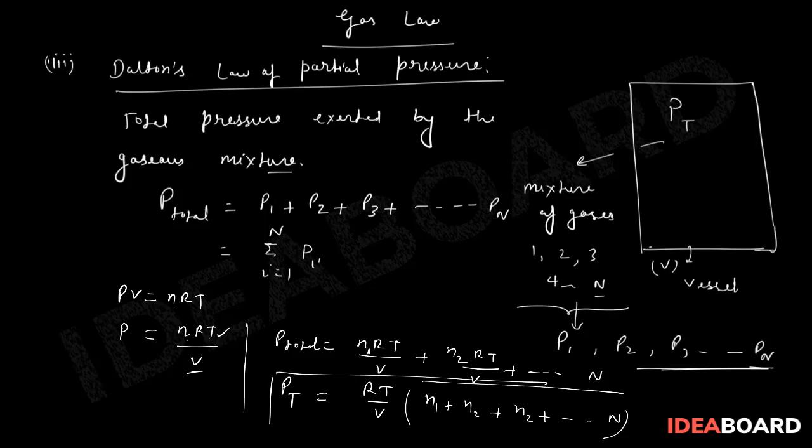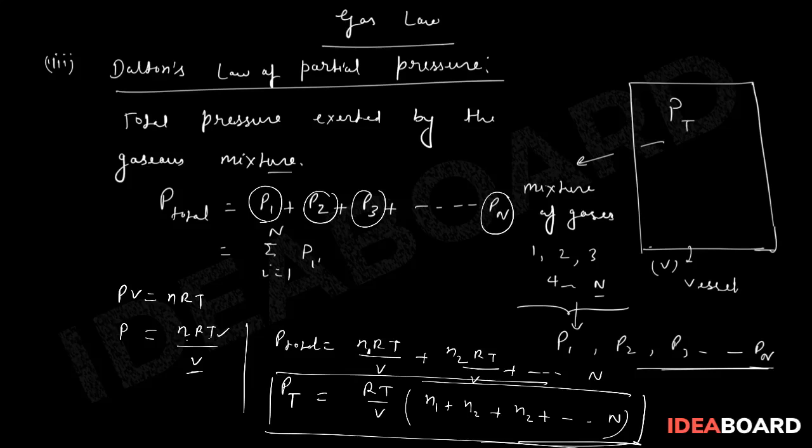So the total pressure of the gas will be the summation of the pressure of the constituent gases, individual pressure of the constituent gases. Condition applied, they are not miscible. Okay, so basically gases should be non-reacting. Fine. So this is the Dalton's law of partial pressure. So these are few important gaseous laws in kinetic theory of gases. Okay.